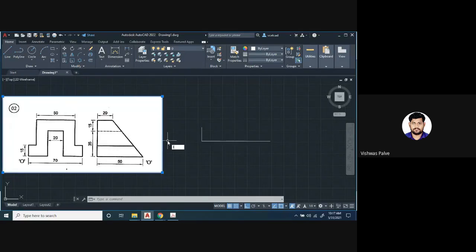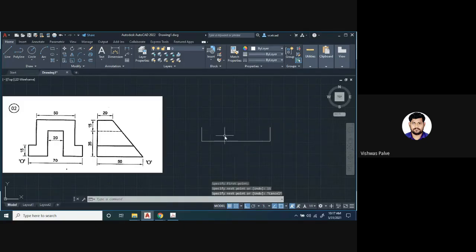Okay. So now we are going to actually practice whatever we have learned here. We are going to practice L enter for line. First, I have drawn a vertical line of 15 millimeter, then a horizontal line of 70 millimeter. This cut is there, we can give it later on. So at present, we are going to just draw 70 millimeter. Then a vertical line I want to draw of 15 millimeter. Right. So I leave it as it is.